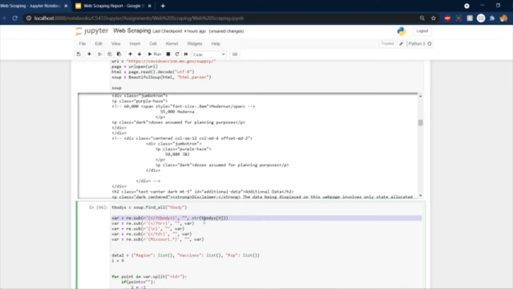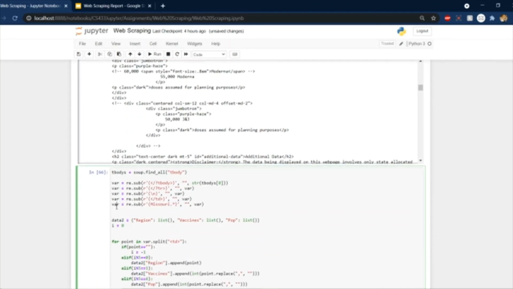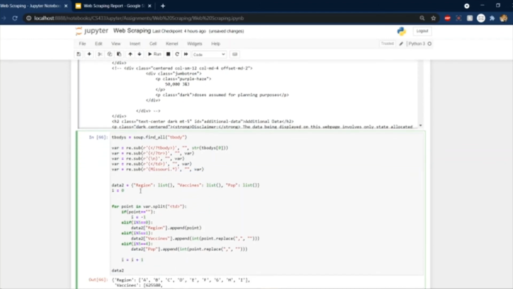So from that, what we can do is clean up the text using regular expressions. We first remove table bodies, then table rows, \n values, the closing tags for cells, and then also remove everything past Missouri because this table features a total for Missouri, and I don't want that for my data. So I'm going to remove Missouri and then everything past it. And what that'll leave me with is this var value, which has all of the text cleaned up a little bit. We'll reinstantiate a Python dictionary, reset our iterator, and very similar to the way we did it previously,